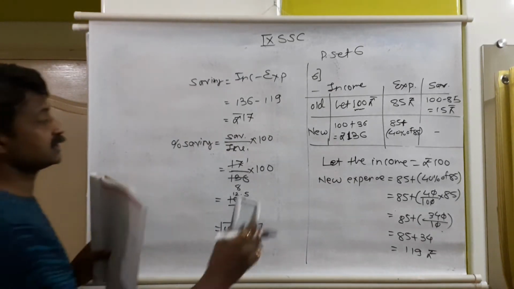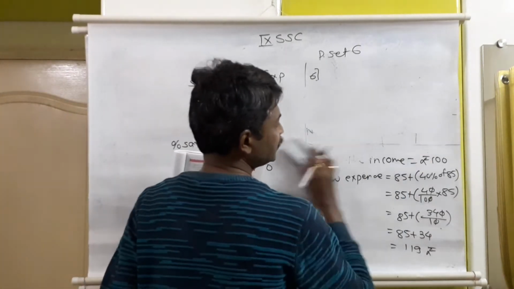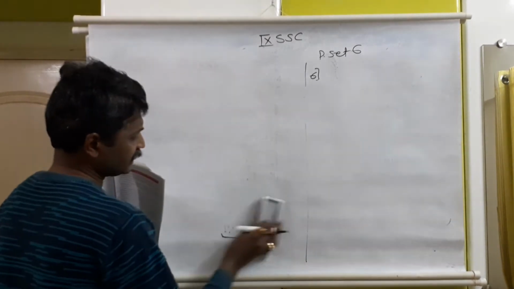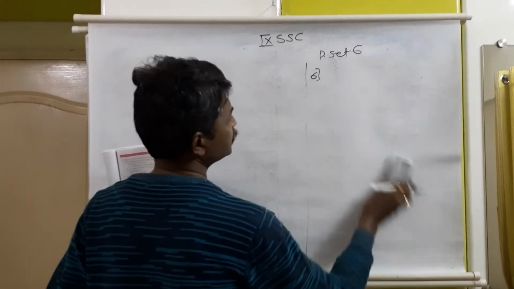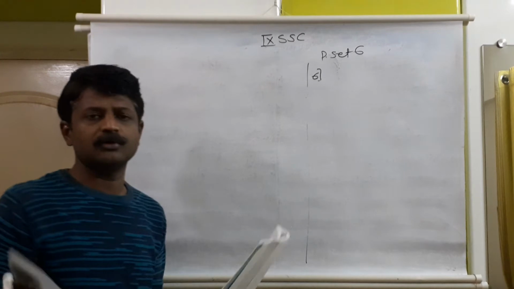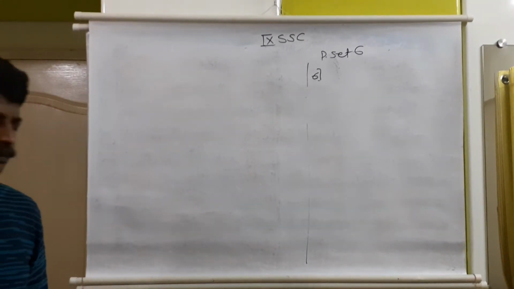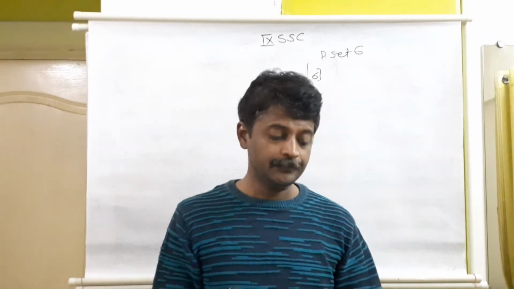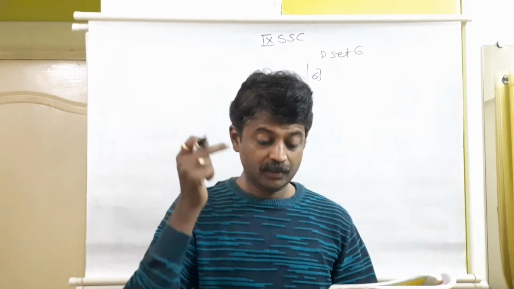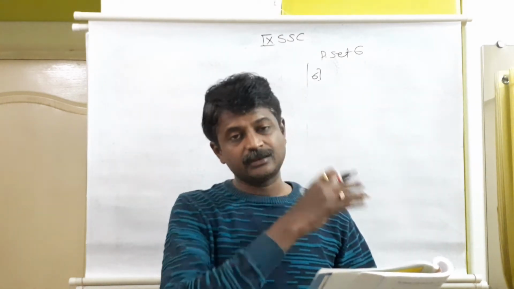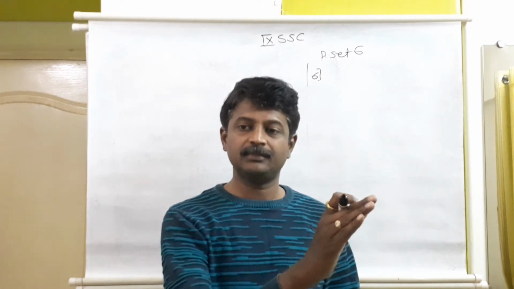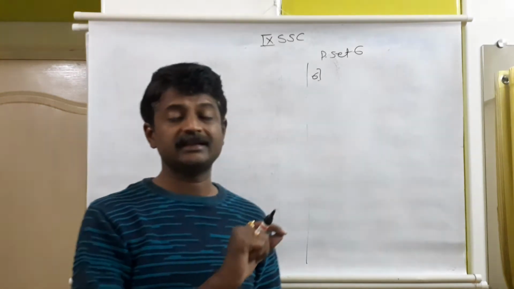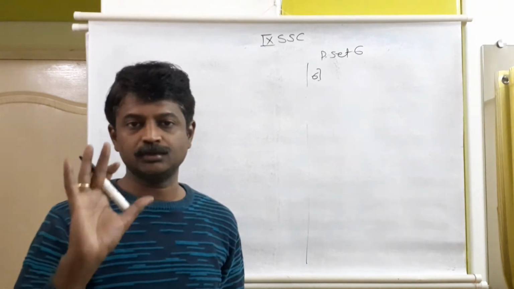Let us continue with question number 7 of problem set number 6. See the star sum, but if we understand the question properly and if we systematically present it on the board or on the answer paper or in the notebook, easily we can get the answer. So first, it is very necessary for a word problem to read it carefully, try to understand it, then sentence by sentence convert it into mathematical form. What is available, what to find, and which formula can be applied, how we can get the solution. And then as it is a word problem, the final sentence is also important.